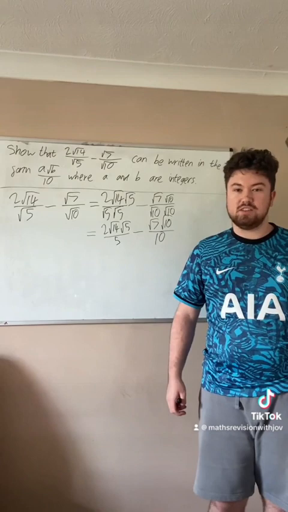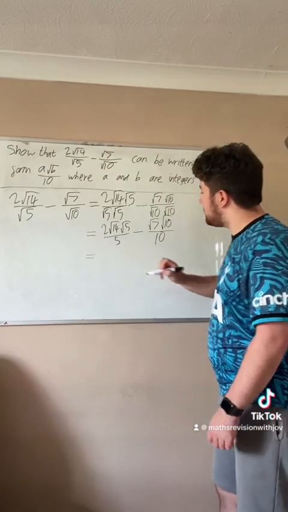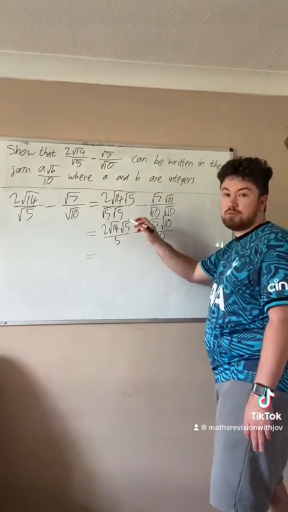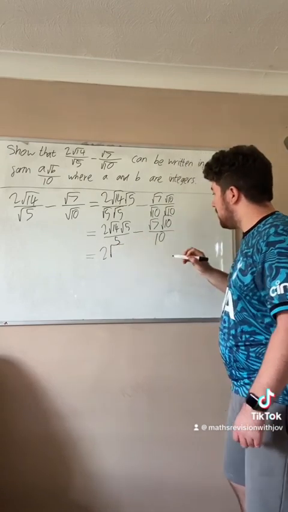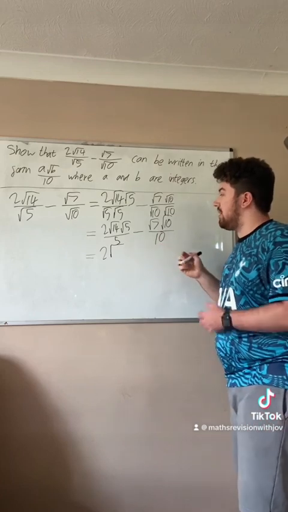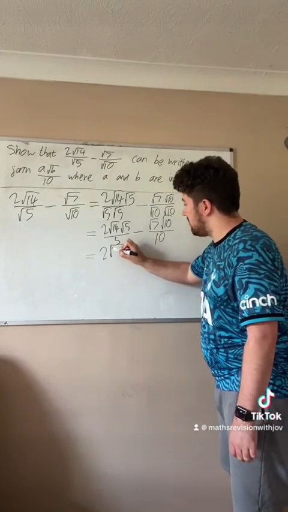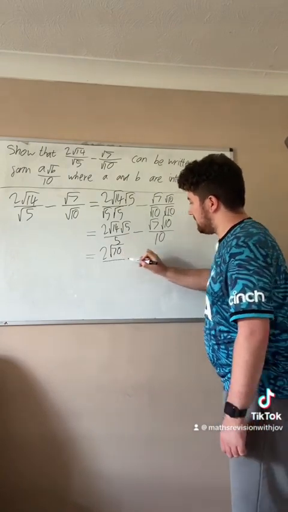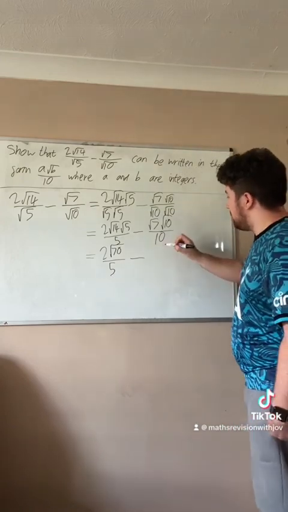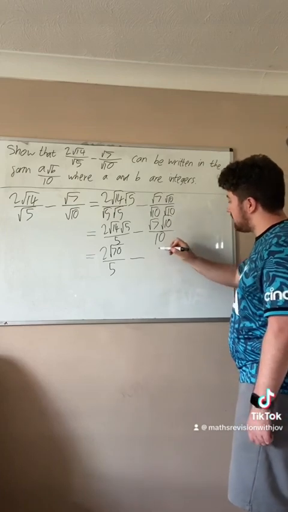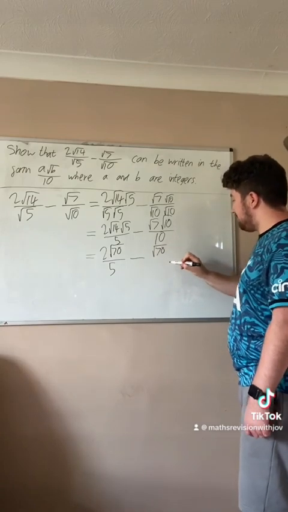Now that we have rationalised the denominators, we can go ahead and simplify the numerators. We can do this by seeing the 2 square roots multiplied together. We've got 2 times the square root of 14 times the square root of 5. We can put them both inside the same square root. So that's the square root of 14 times 5, which is the square root of 70, and that is still divided by 5. Similarly, on the second term, we can multiply the 2 numbers inside the square roots. We've got the square root of 7 times 10, which is the square root of 70 again,